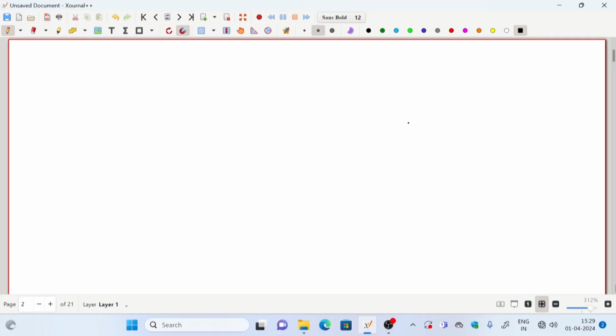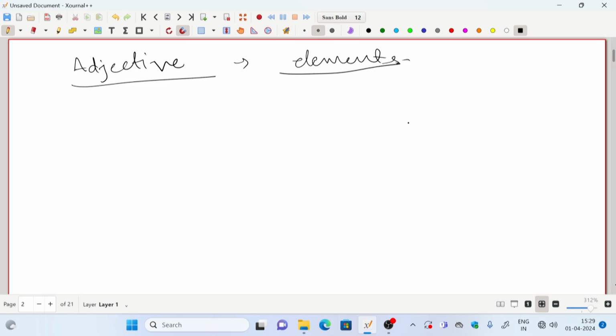So in the last class we did adjectives and particle ga. Let's continue with that. Adjectives are usually used for describing characteristics, different elements. When we are using it in Japanese, there are different kinds of sentence patterns where we use adjectives, and one of them is